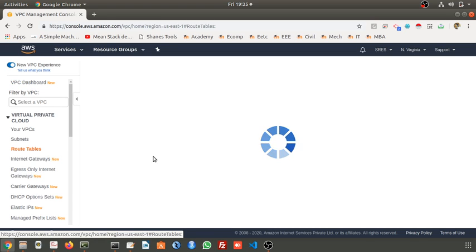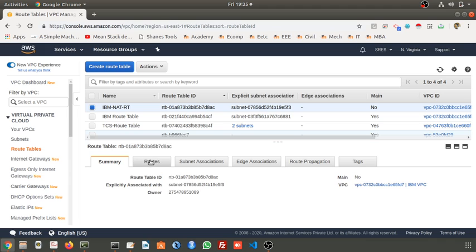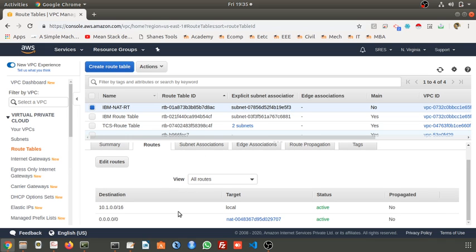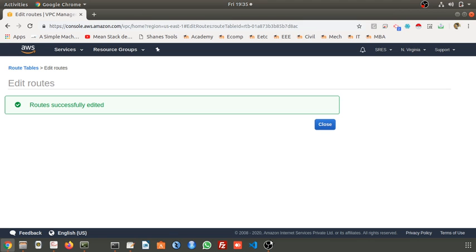Go to route tables. Here, the NAT route table is there. Just go to these routes. I will make a little change here. Since I will make a mistake on purpose, let it be 24, which is not correct actually. Okay, save route.